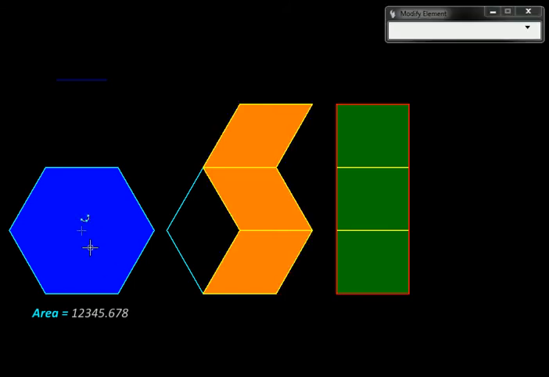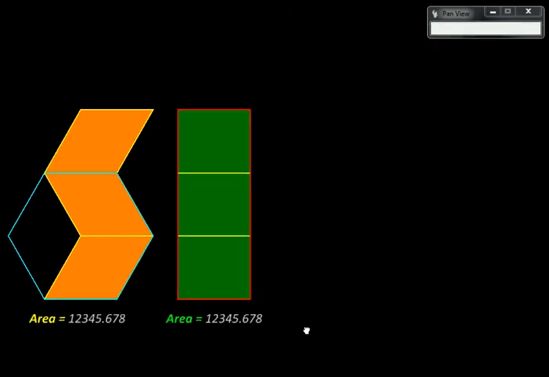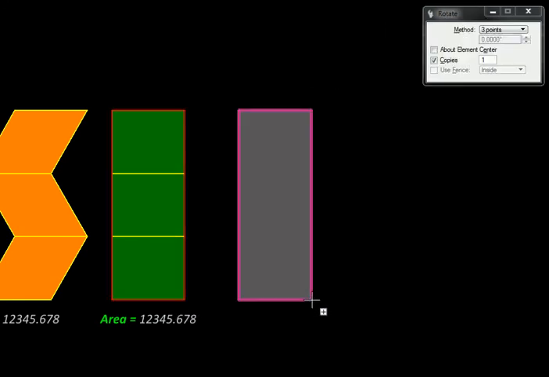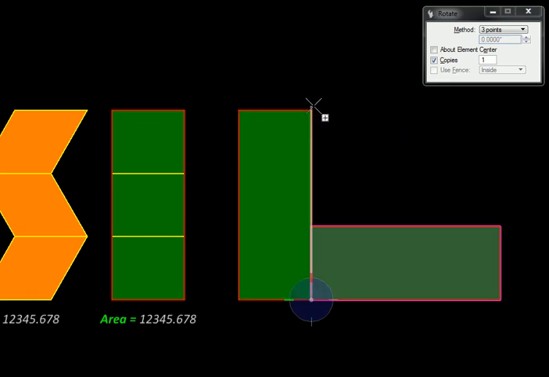Now we are having these 3 distributions of area. So over here we had a hexagon, we converted that into this crooked stack of parallelograms, and then we converted that into a neat stack of rectangles, and we merged it into a single rectangle. But the area is still preserved. The next step, I'll copy this rectangle over here. I'll be rotating about this point over here so that this side comes and becomes upright.